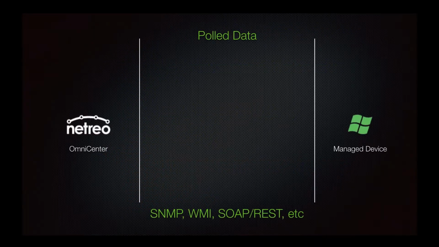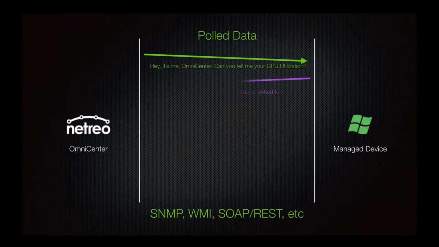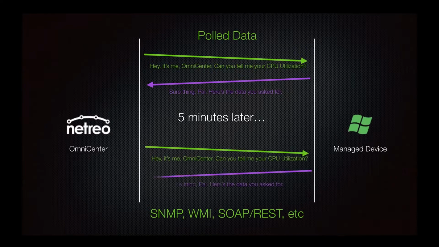Just by way of illustration, poll data runs on a timer. We go fetch a particular statistic from a device under management. We authenticate to it, it returns the data, and a few minutes later the process repeats again. So on a regular clock, we're always pulling that data down. This is the data that typically gets stored as time series performance data for thresholds and the performance monitoring side of things,